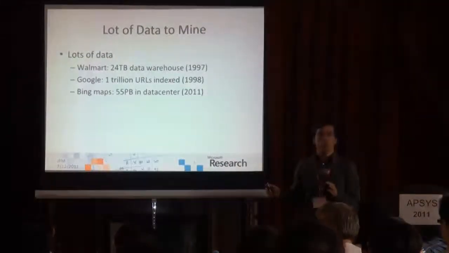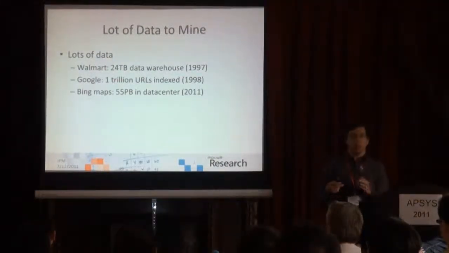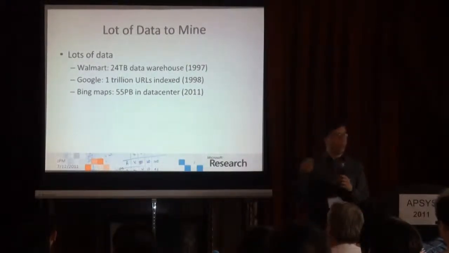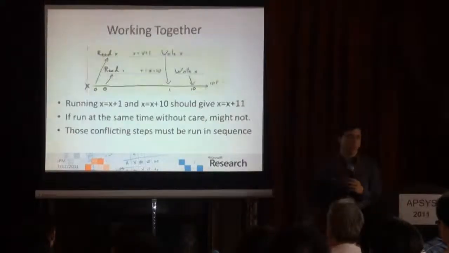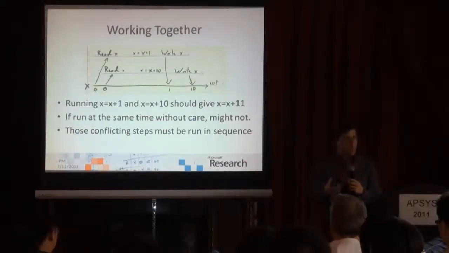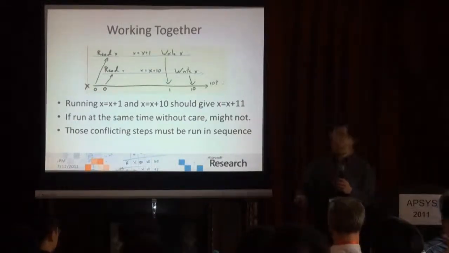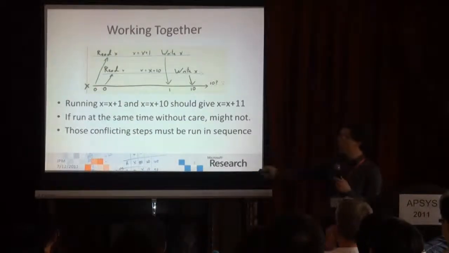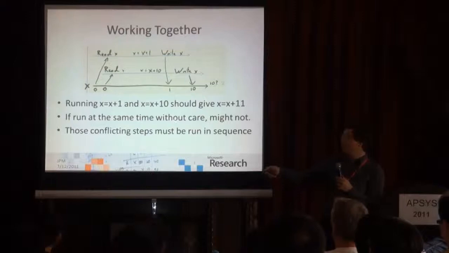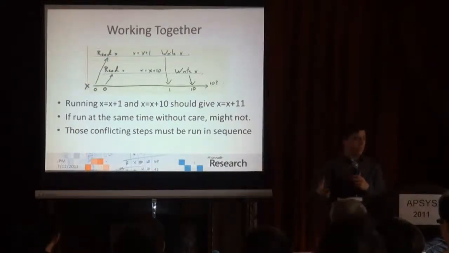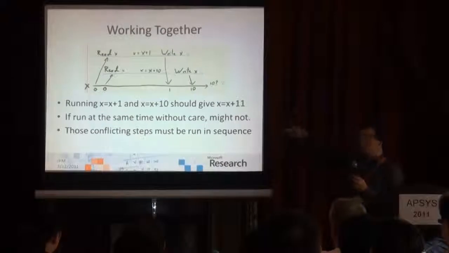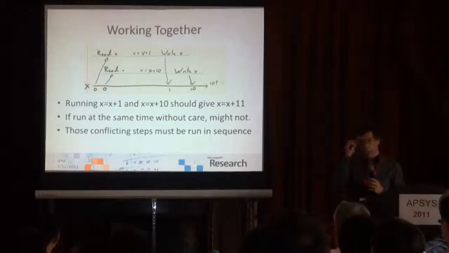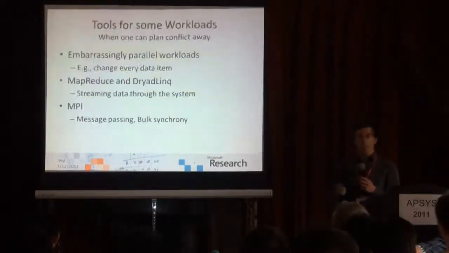I probably don't need to convince you that today companies have to deal with a lot of data, and so you can't process it in just one computer. You're going to have to use a cluster of computers, or a cloud, as we say. And when you run things across more than one computer, you run into this very classical problem I have here on the slide, which is that if, for example, you have one guy adding 1 and somebody else adding 10, you expect to get 11 more at the end, but if you run these in parallel at the same time, you might find the wrong answer. So we have to take care that parallelism works right.